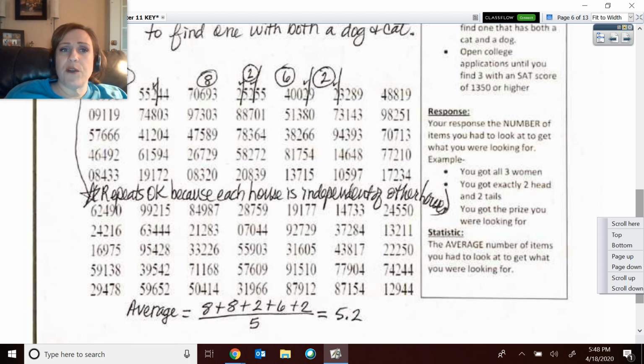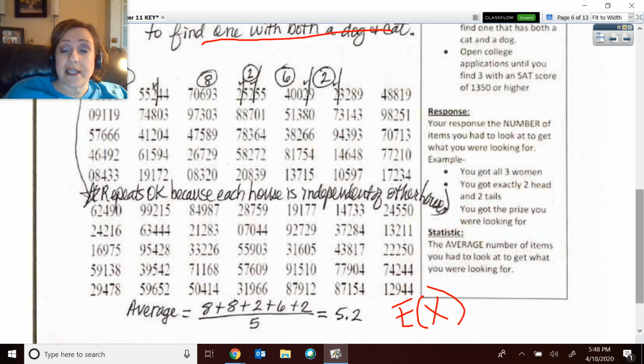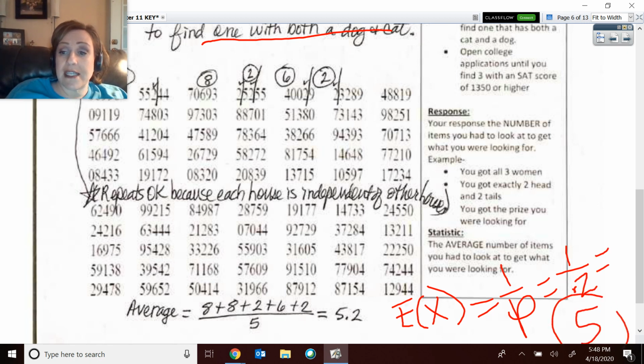5.2. And this one was finding one house that had both a cat and a dog. And FYI, because I think this shows up on the next assignment, your assignment number 2, if you were to do the geometric expected, that's 1 over p. Okay, and so then that would have been 1 over 0.2, which was 5. So see, that does kind of jive with the average number of houses you expect to go to